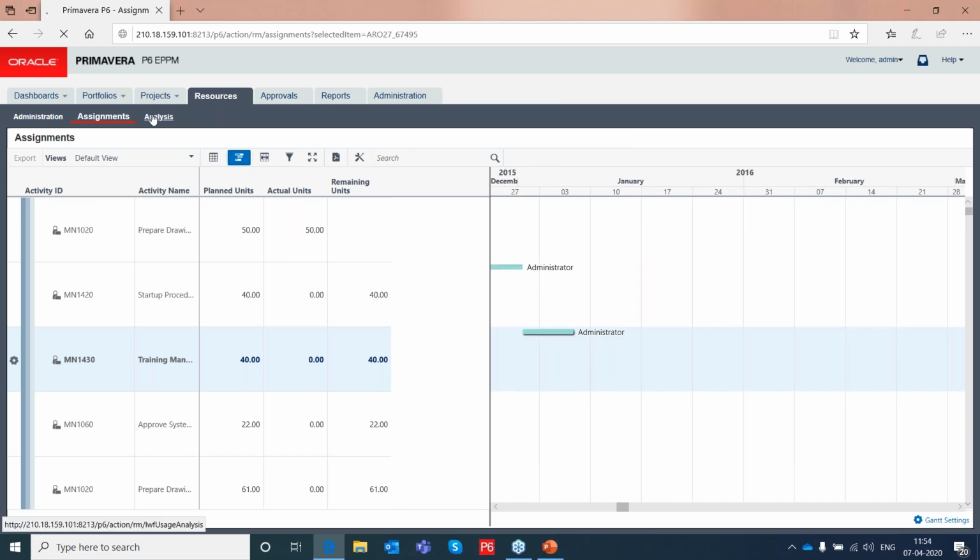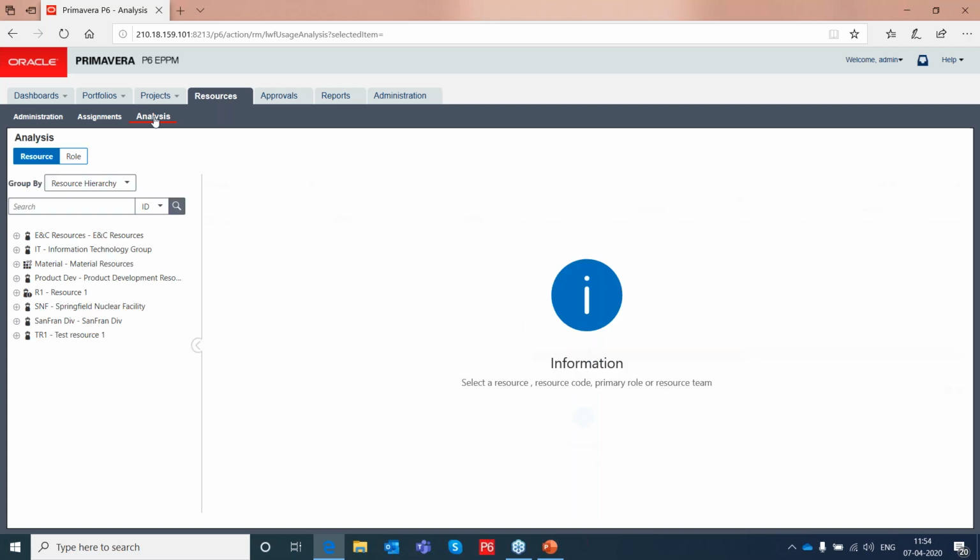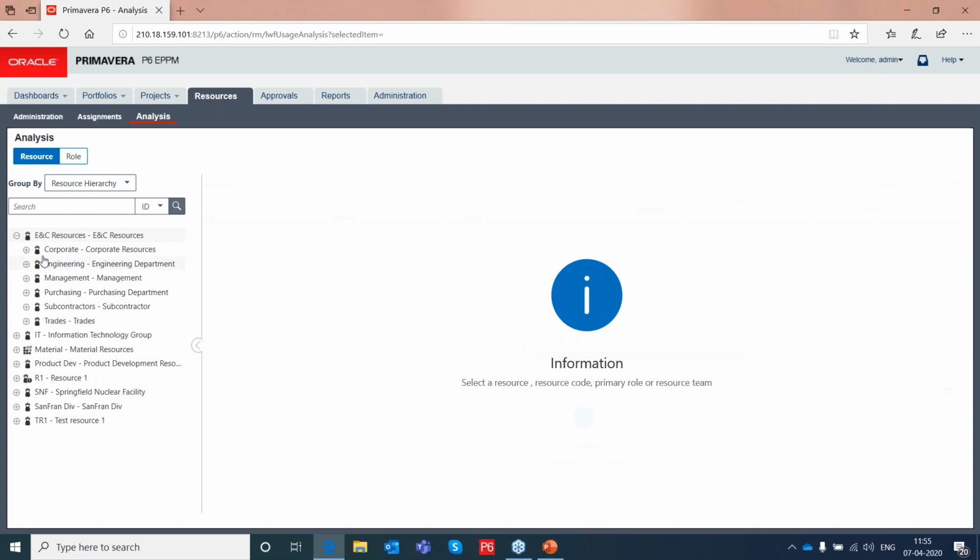Now going into the analysis part, you can see, you can analyze based on the resources or roles, and also you can group based on any of these parameters, right? Let's take a specific resource.